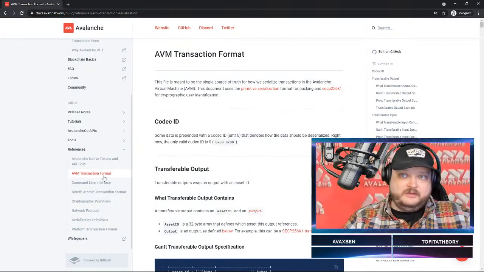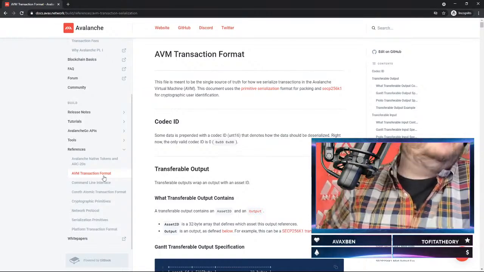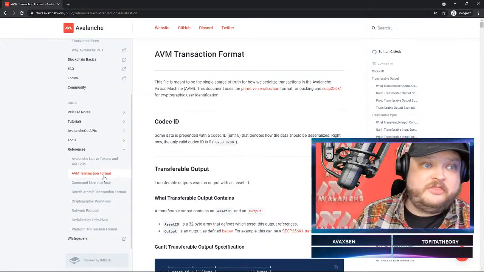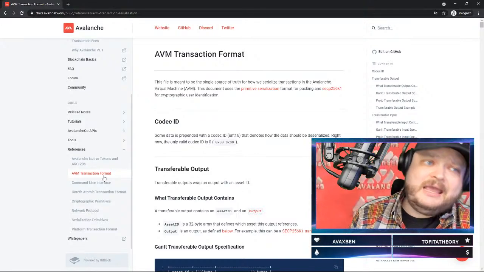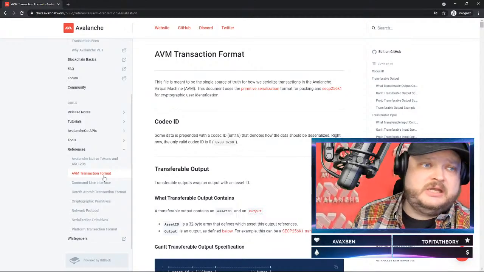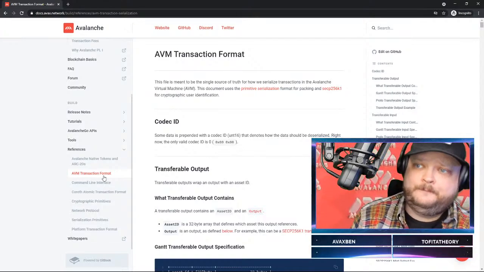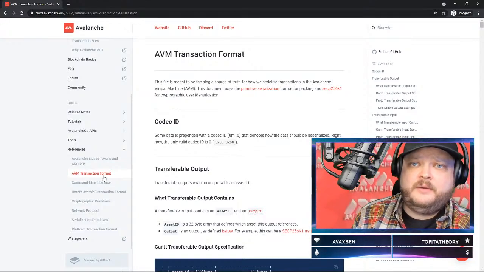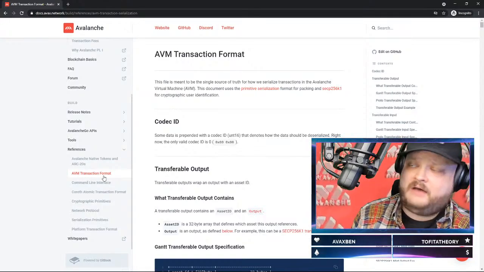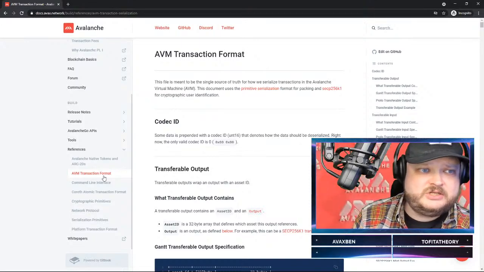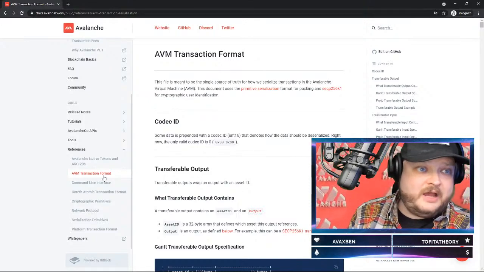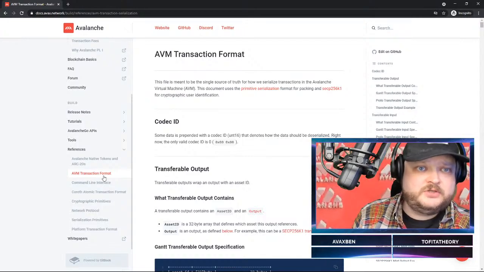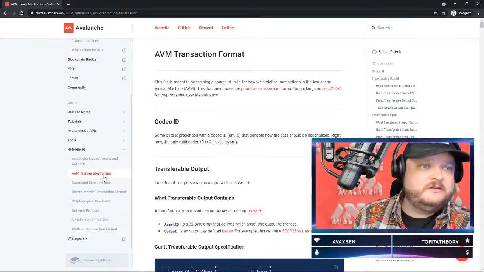Now the thing to ask right now is, what the heck is the AVM? Everybody knows the EVM at this point. It's the Ethereum Virtual Machine. Well, the AVM is the Avalanche Virtual Machine, and it is what powers the X chain. The AVM is a very high throughput capable machine. Obviously there's room for optimization, but optimization and principled design are two separate things. And this is a very principled high throughput machine. It can go faster than what it currently is.